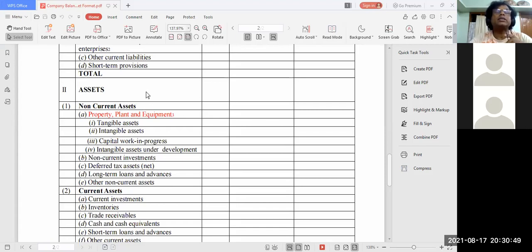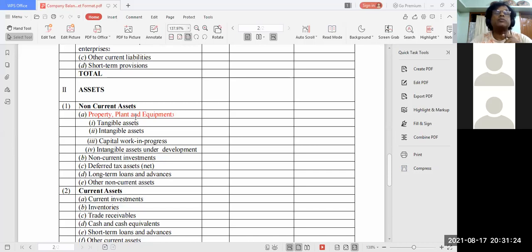So S and C, that is complete under equity and liability. Then come to asset. Under asset, N and C. Under N, N means non-current asset. And all of you must have learned in HS first year, there is a concept fixed asset. Dear students, please remember, now under non-current asset, that red portion, earlier it was fixed asset. Whatever we wrote under this earlier was fixed asset. Now you cannot write fixed asset.